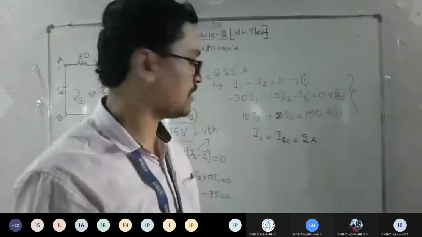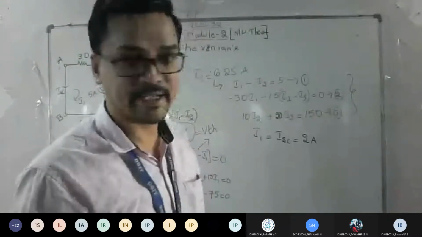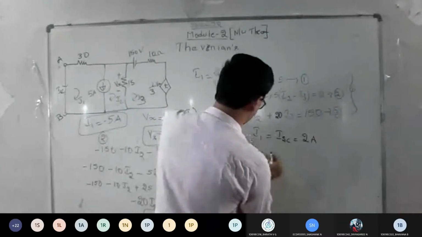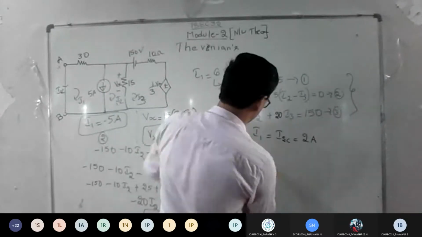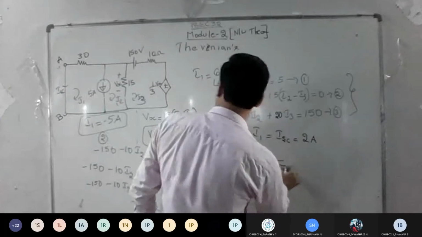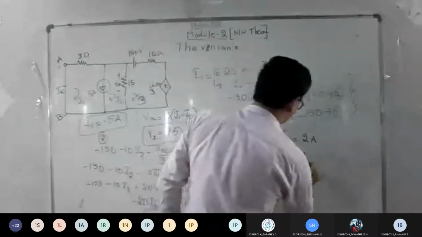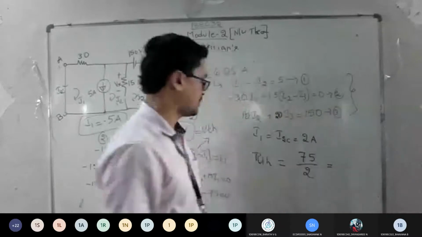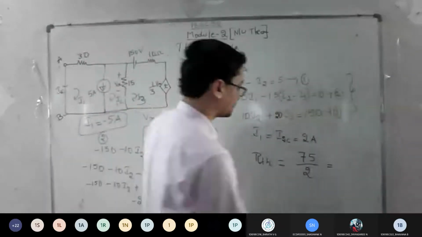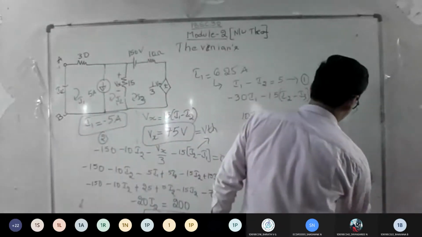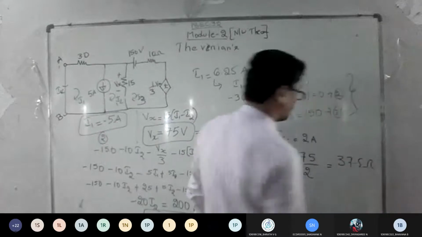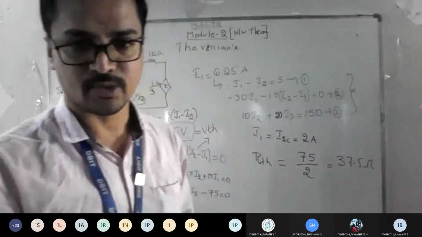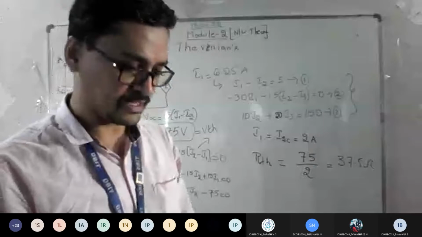So what about your RTH? The VTH. RTH is equal to, what was the VTH answer you got? 75 divided by 2 amps, 75 divided by 2 is 37.5 ohms. So this was a small correction. So everyone just add that back, so that will complete your